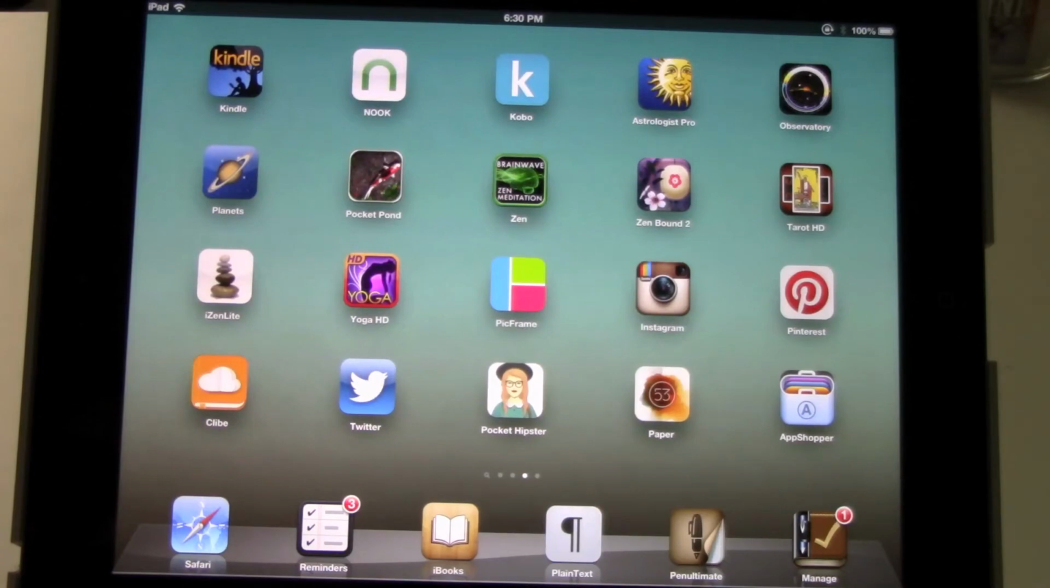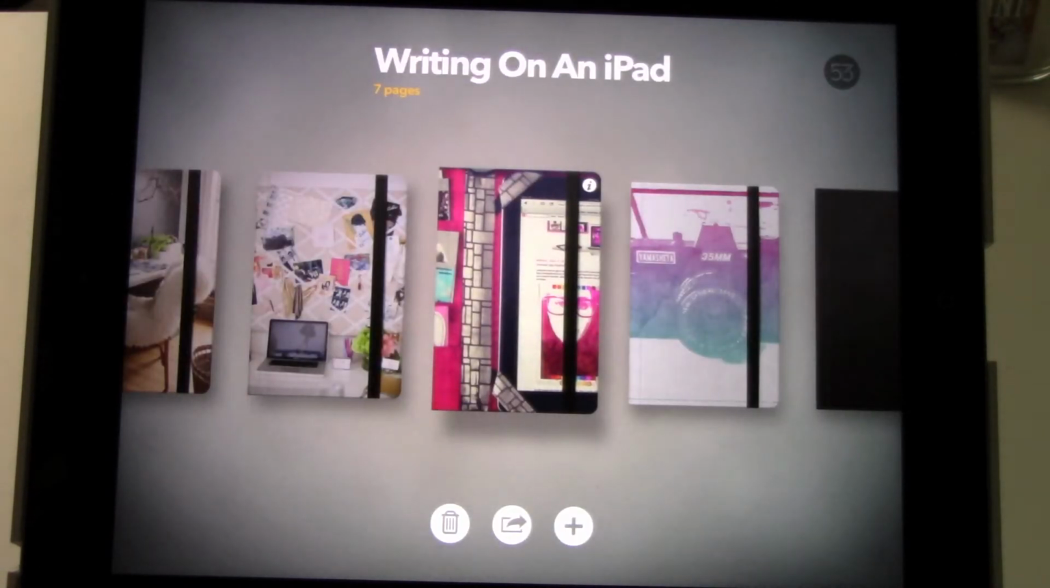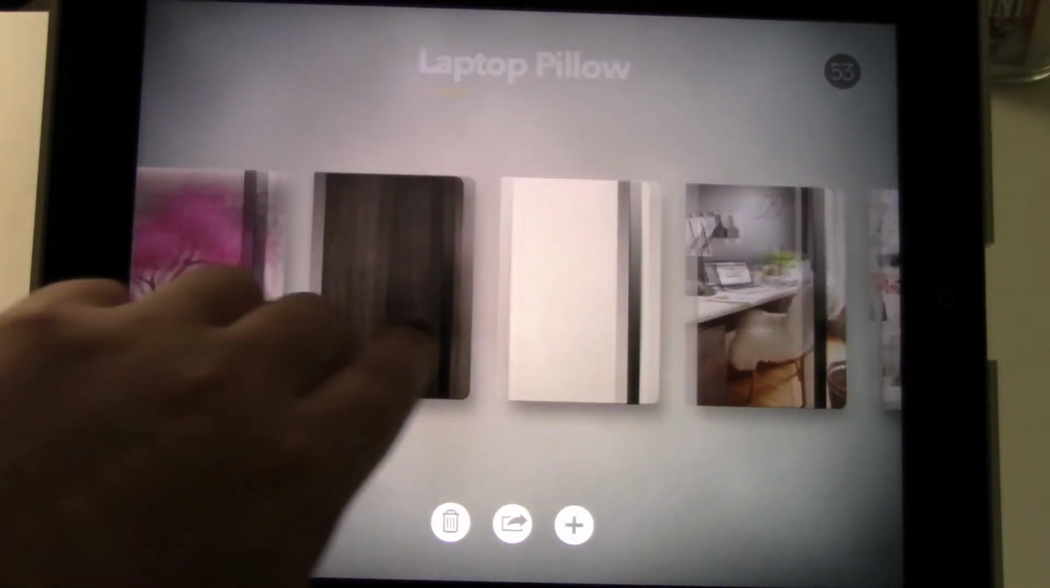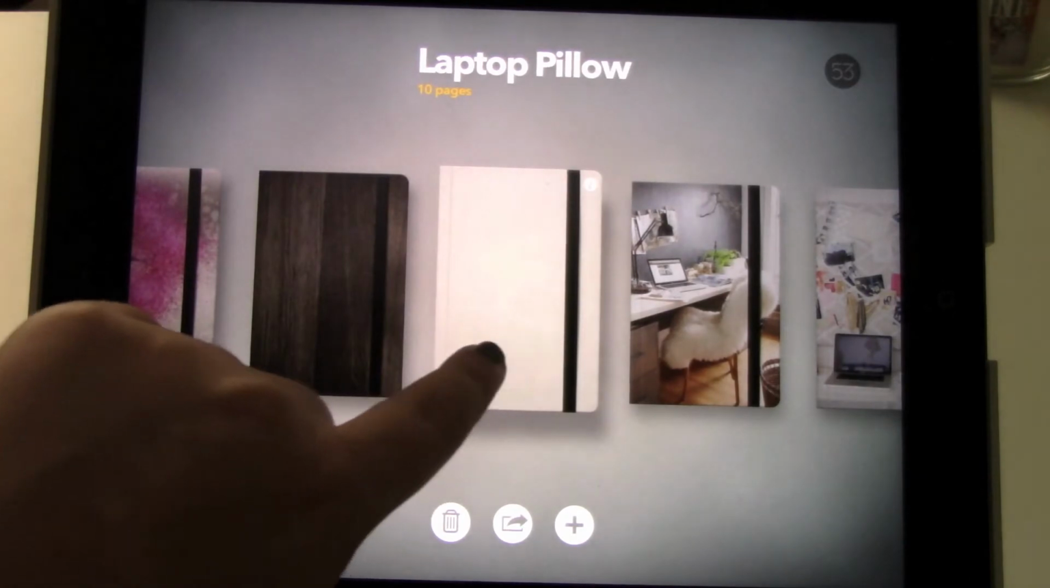The next app that I absolutely love is Paper by 53. I use this app for a little bit of sketching out ideas and writing down some of the ideas that I have for my blog and for miscellaneous other projects in my life. If you are not familiar with Paper, it is basically like a virtual Moleskine journal that you can